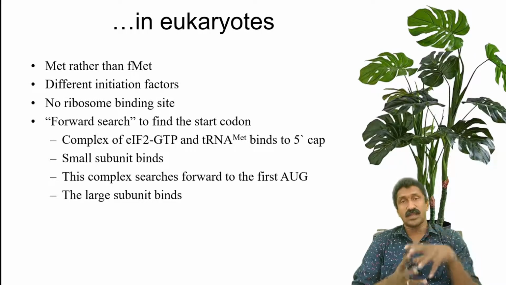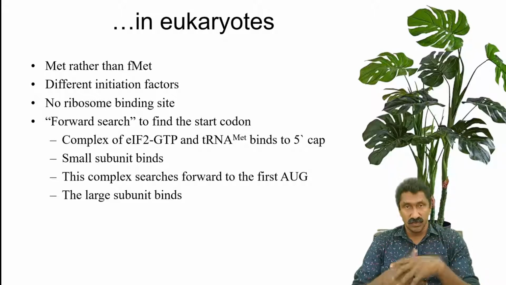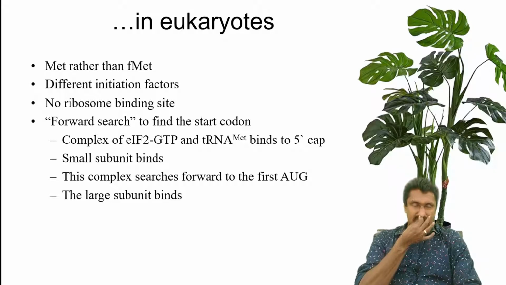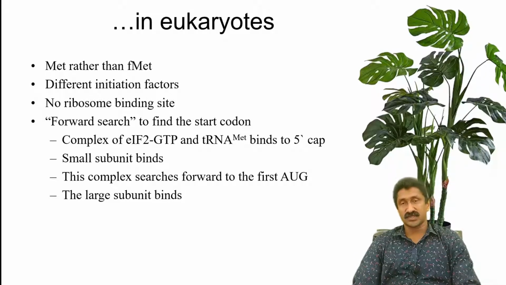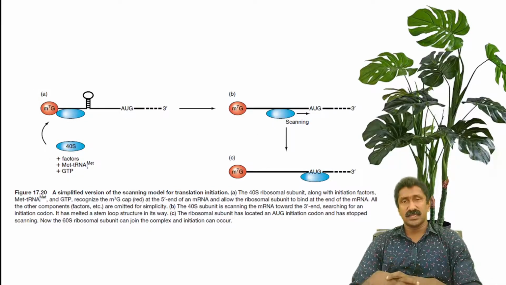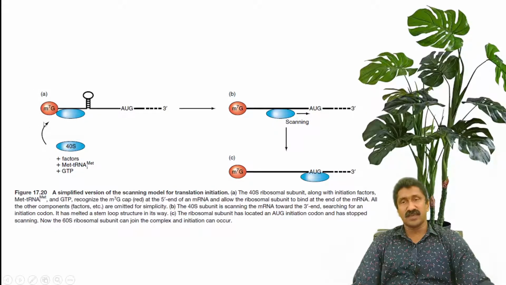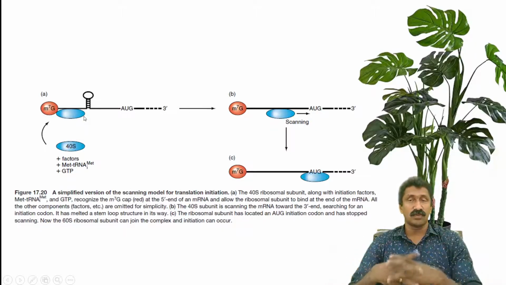And once it is located and correctly positioned at the P site, the larger subunit of the eukaryotic ribosome binds to the translation complex. This is a schematic representation in which we have a 7-methyl guanosine cap at the 5' end of the eukaryotic RNA. We also note that there may be some structural peculiarities in eukaryotic mRNA nearby this 7-methyl guanosine cap, or 5' cap.